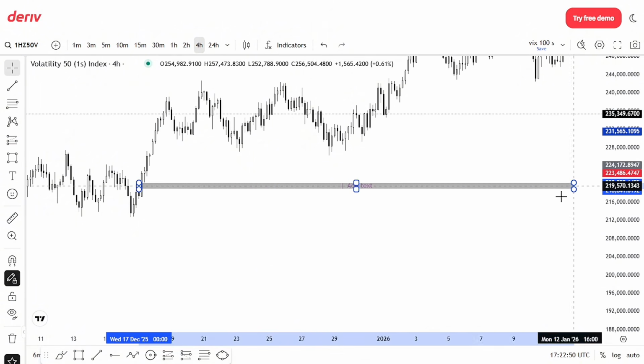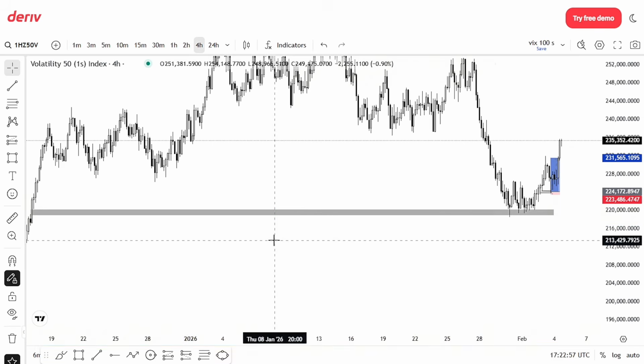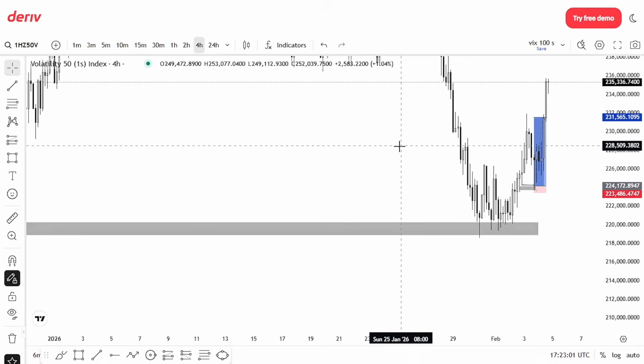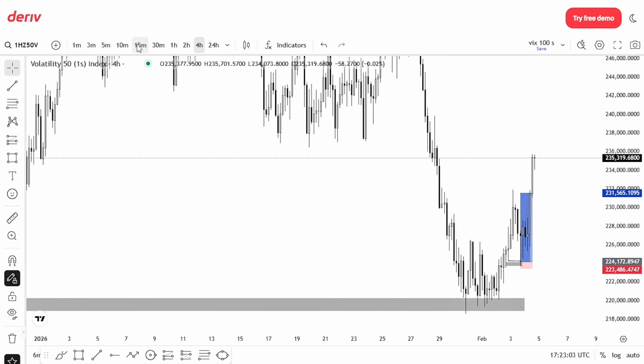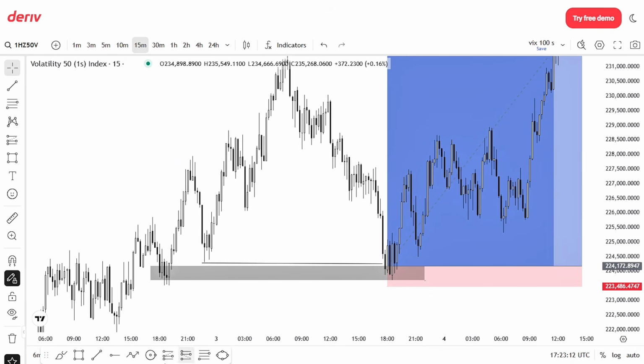So we traded into that. We did not take the low of that fair value gap. So based on that, we're actually looking for buys to the upside. So what happened here is we have the same model. Market was heading high, we have a high, we have a sweep of this high here,